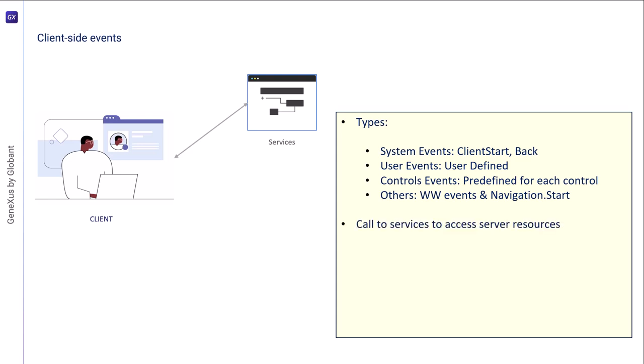The code associated with these events is run on the client, unless access to a server resource is requested. For example, if you want to access the database. In this case, the client will have to invoke a server service. During the execution of a client-side event, server-side events are not executed, unless explicitly requested through the refresh command. This causes the server's refresh event to be triggered, followed by the load event, if there's at least one grid,